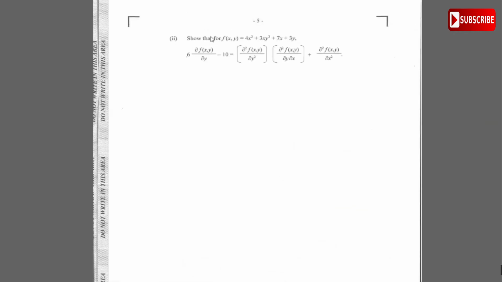Now, let's have a look at question 1, part 2. It says, show that for f of xy, which is equal to 4x squared plus 3xy squared plus 7x plus 3y, show that this is true. I'm going to rewrite what this is saying. This is saying show that 6 times, this is dou f by dou y. I like to write it as the function being differentiated with respect to y. So we need to show that 6fy minus 10 is equal to dou 2f of dou y squared, that is